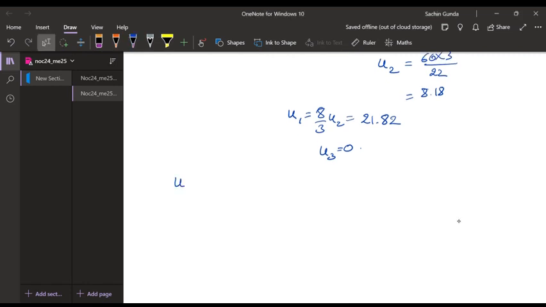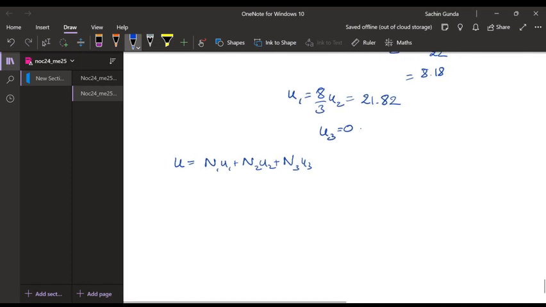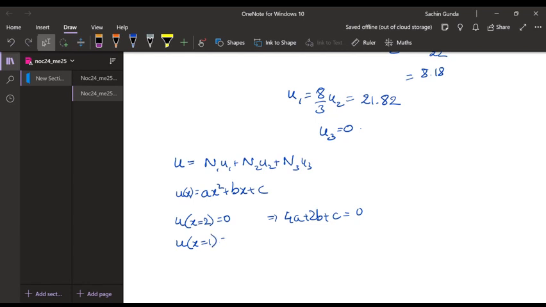So the expression for u can be n1 u1 plus n2 u2 plus n3 u3, or else you can just take the second order ax square plus bx plus c. u at x equals 2 is 0, so 4a plus 2b plus c is 0. u at x equals 1 is